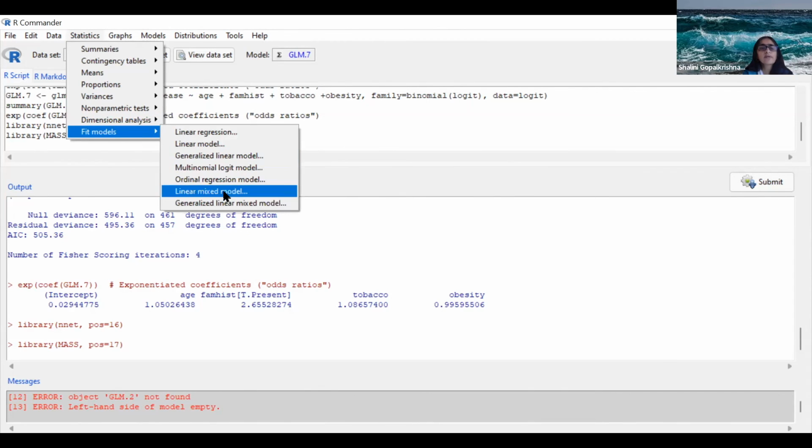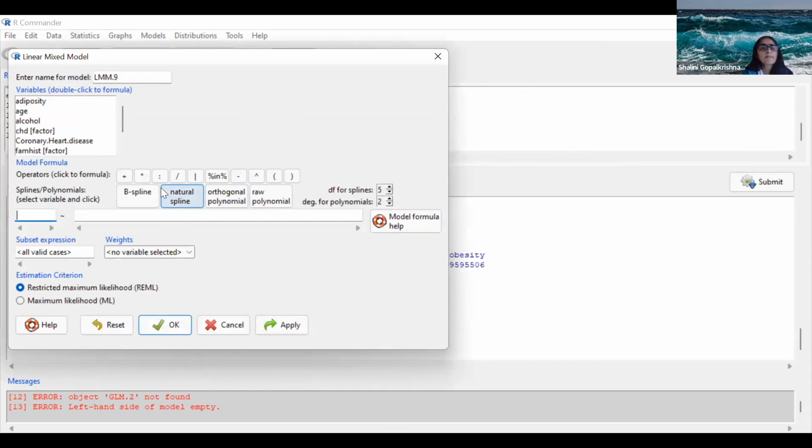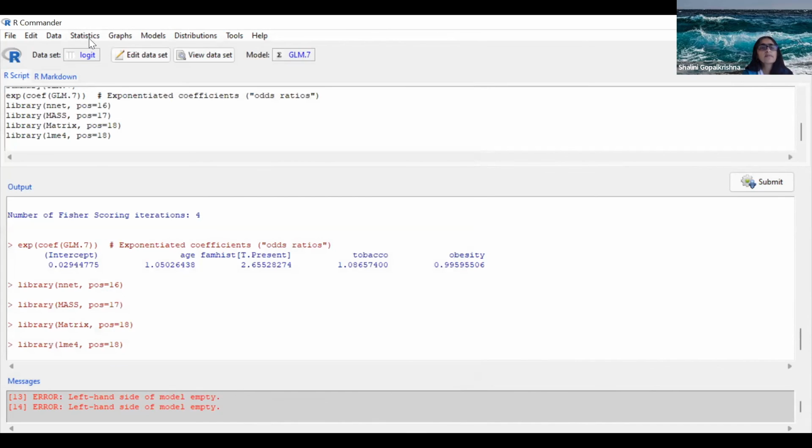And there is your linear mixed model. As you can see, you have different methods. You've probably read about the maximum likelihood or the restricted maximum likelihood. If you have, great. Otherwise, don't worry about it. If you have a mixed model, you can actually use this. And let's say okay. And here we go